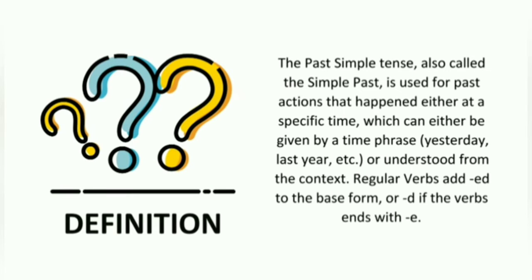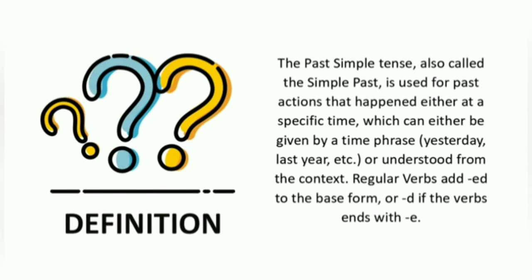Simple past tense, also called the simple past, is used for a past action that happened at a specific time, which can either be given by a time phrase, such as yesterday, or understood from the context. Regular verbs add ed to the base form. If the verb ends with e,